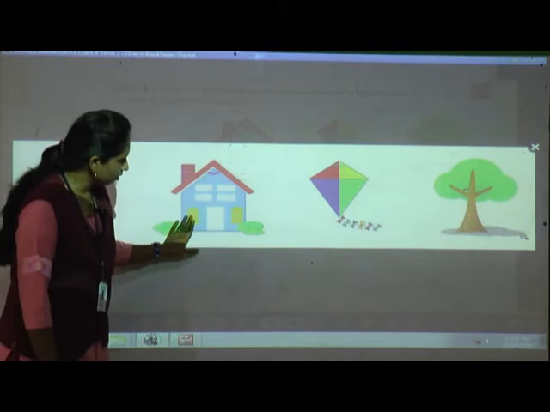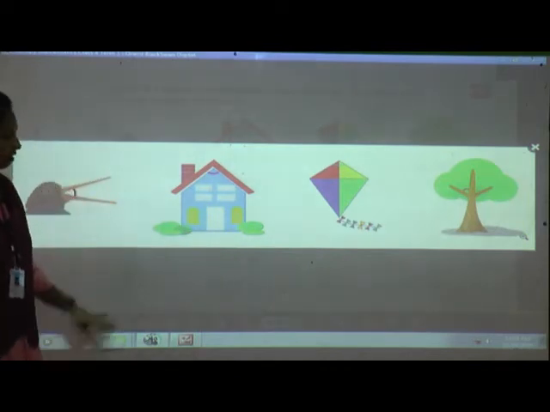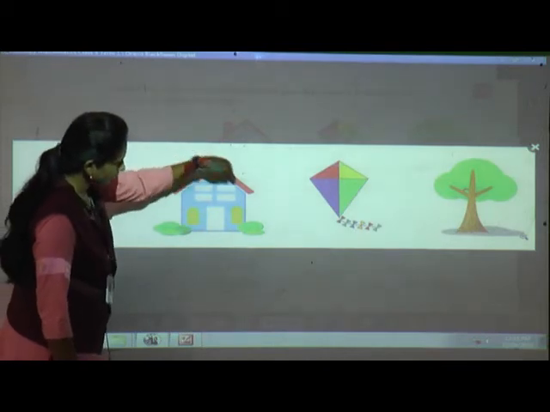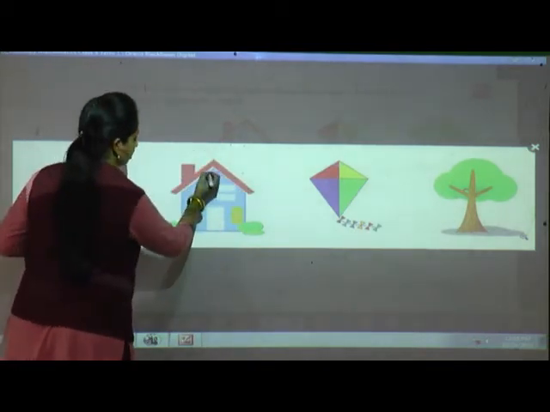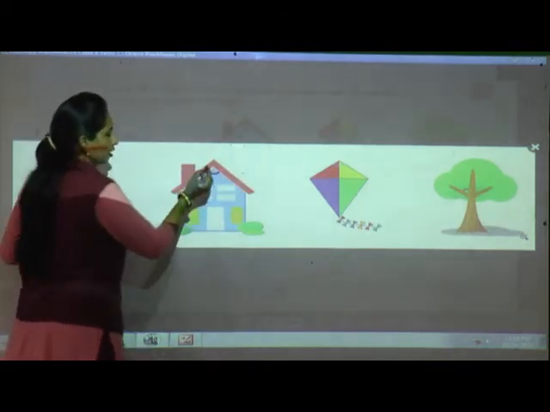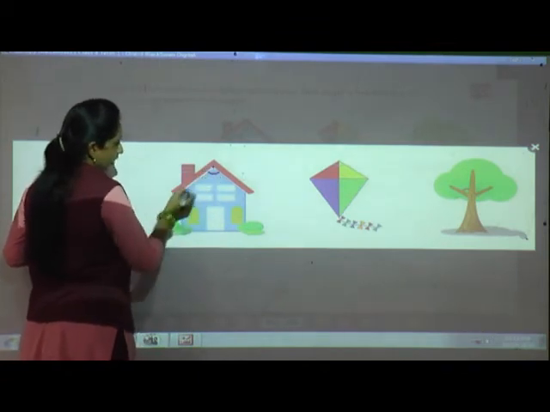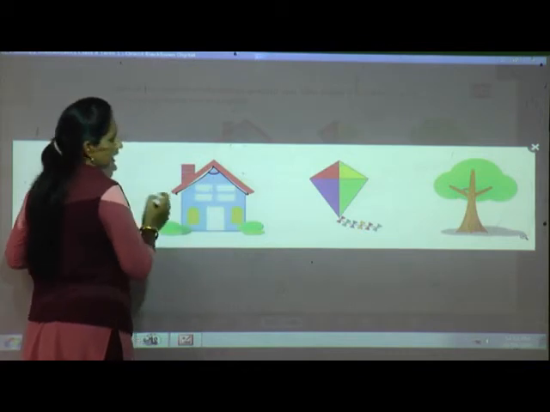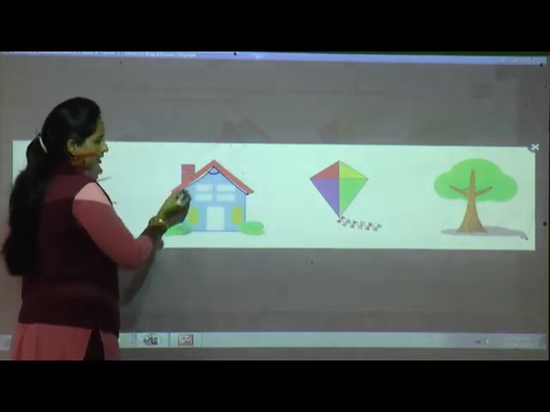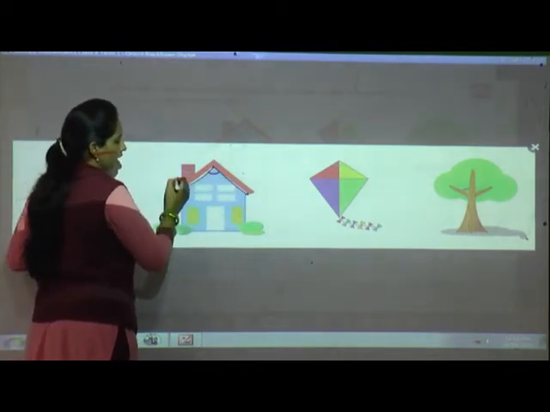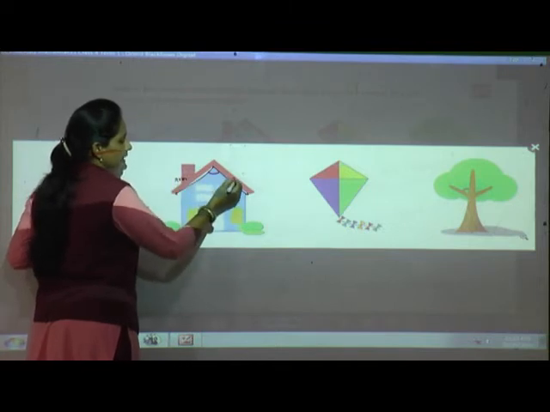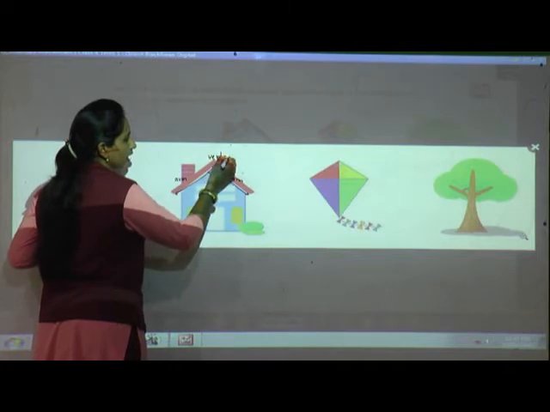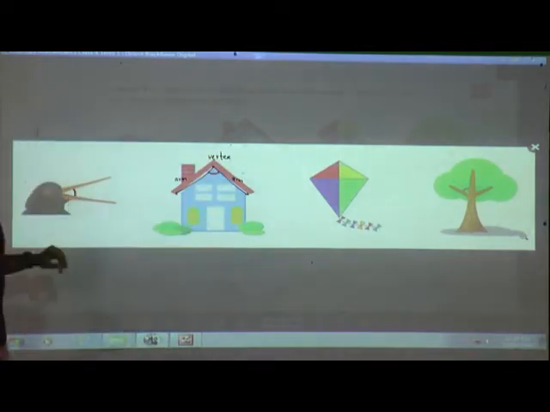Can you see any angle in this house? Yes, just see here. See, this is an angle, and we have joined. See, this is the middle. From here one ray and here one more ray, and it forms an angle. These are what? Both arms, isn't it? And the middle point is what? Vertex. Are you getting it? Yes.